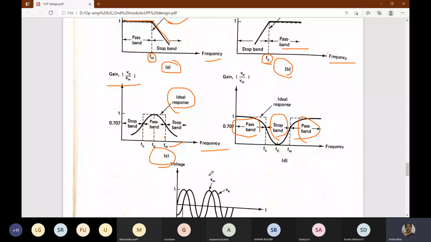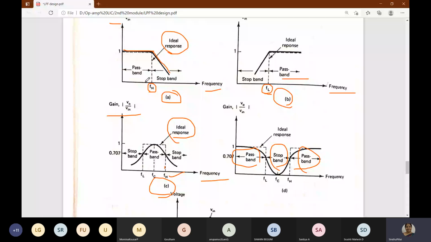And one more thing, we have a center frequency here at the top, at the peak, that we call FC. FC is the center frequency for both the band reject and band pass filters. So all four filters are here: low pass filter, high pass filter, band reject filter and band pass filter, each with certain cutoff frequencies. Now these filters can be designed because they depend upon resistor and capacitor according to the standard equation. I'll show you the equation. And you have to put both the ideal response and the practical response of the filter.